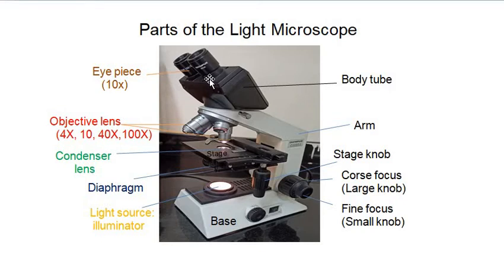and the light focuses again onto the eyepiece. The eyepiece is nearer to the observer, so one can observe the specimen image with the help of the eyepiece of the microscope. The objective lens is near to the specimen slide and the eyepiece is close to the observer, and below the specimen stage there are a condenser and the diaphragm. So these are the basic parts of the light microscope.